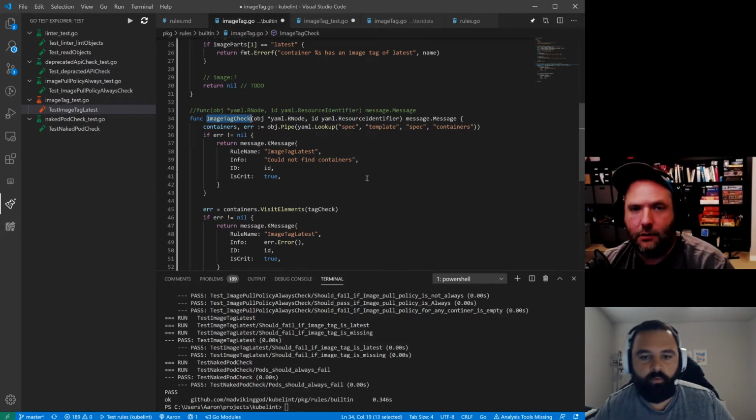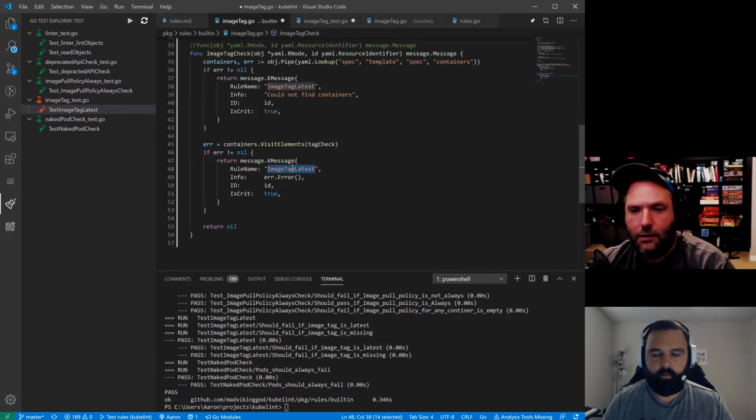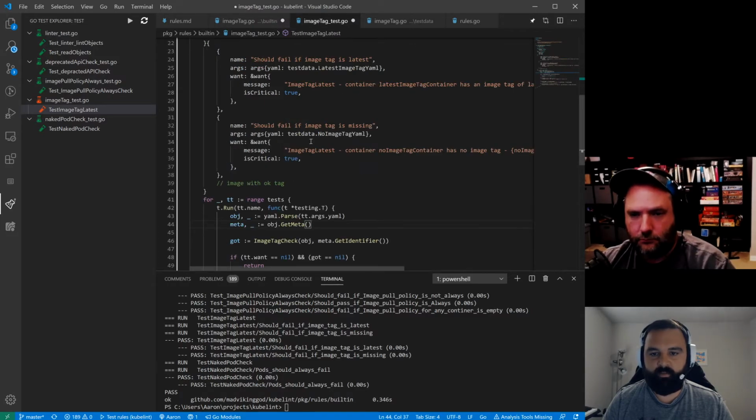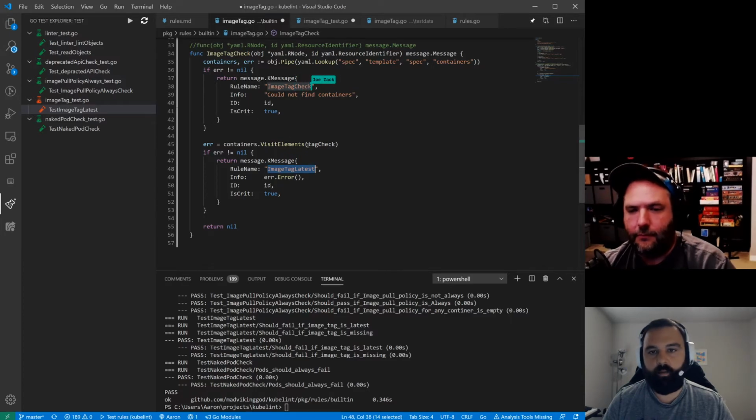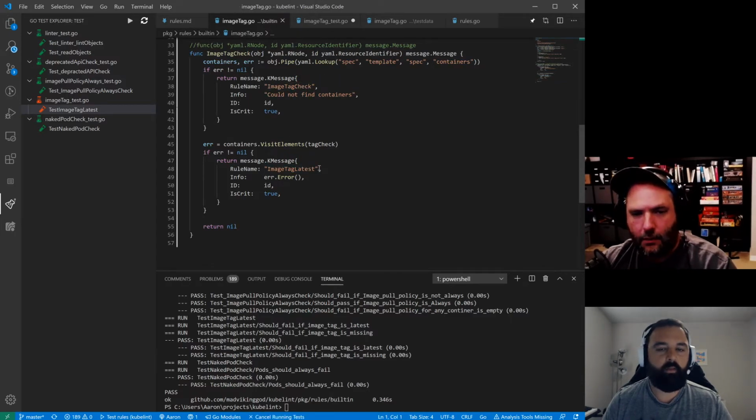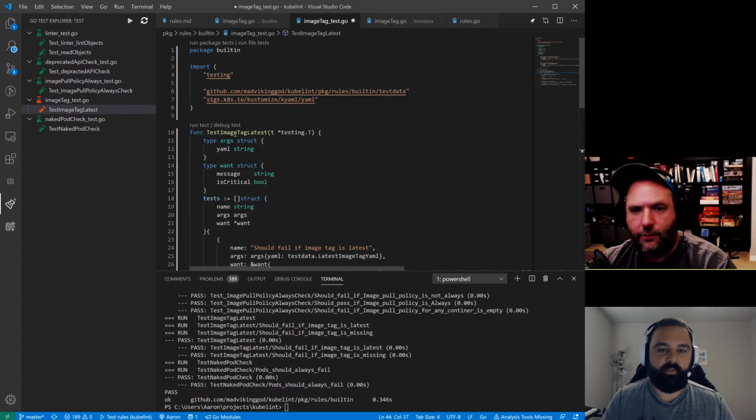Our rule name in the message, and so here in image tag check, and also in the tests. Yeah, and I suppose we won't, no, the file name's image tag go. Oh, or I guess the